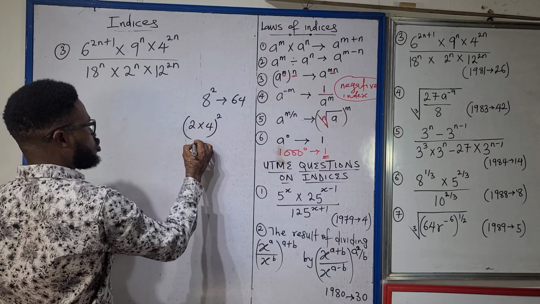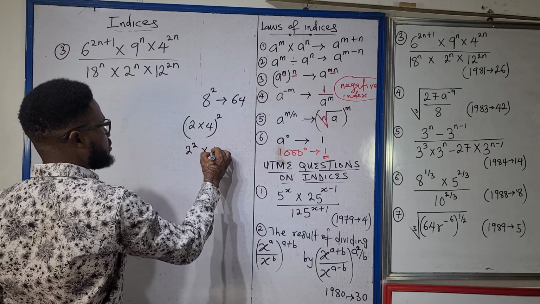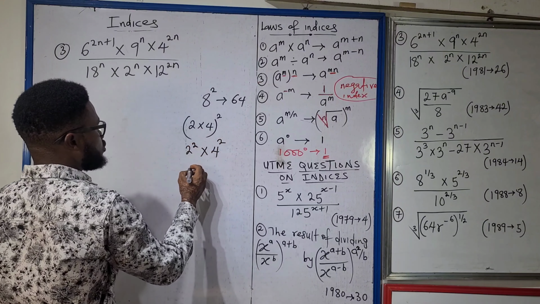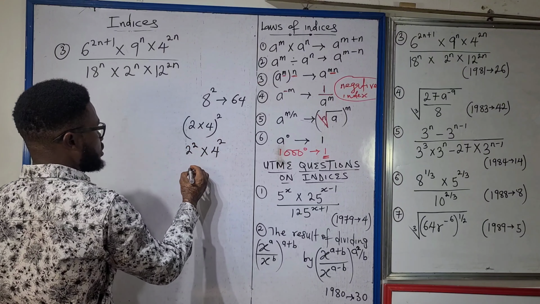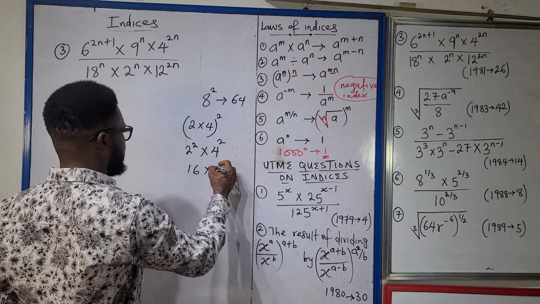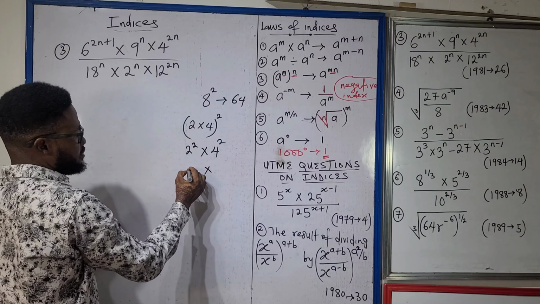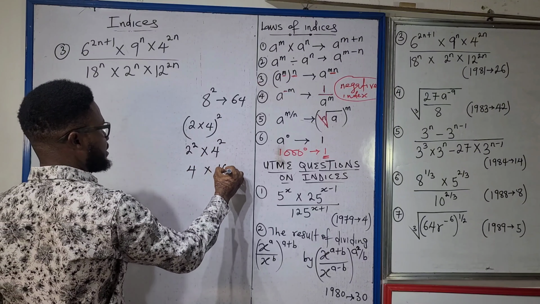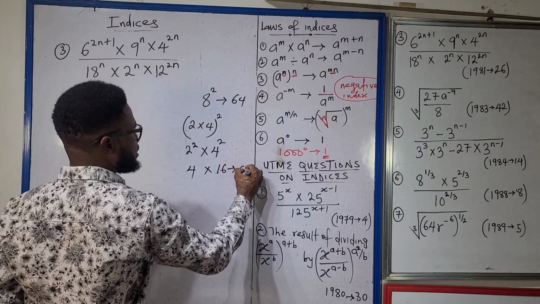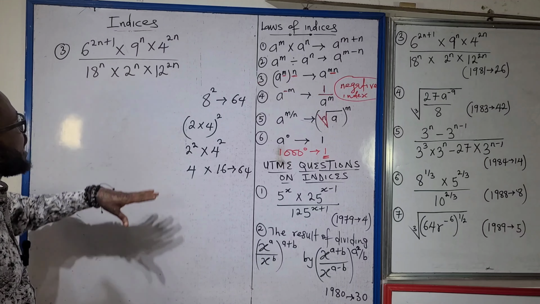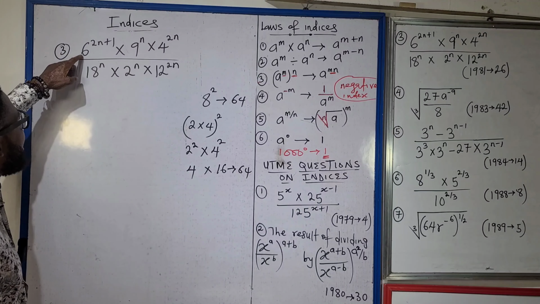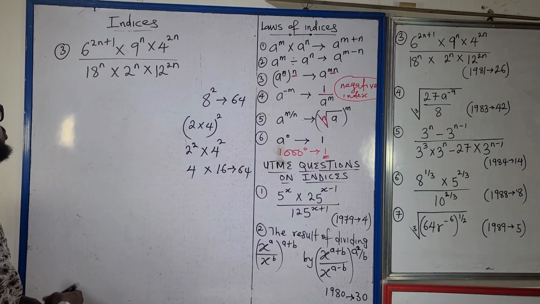If I say 2 square times 4 square, 2 square is 4, 4 square is 16. 16 times 4 is still 64. That is to tell you that I could break 6 down and say 2 times 3 if I want to. But for now,